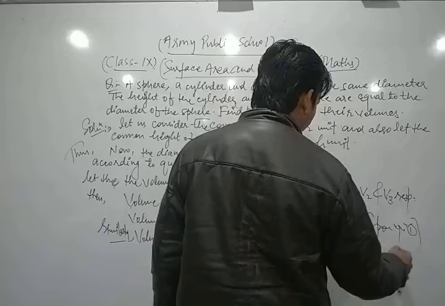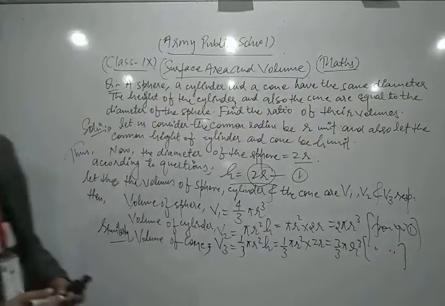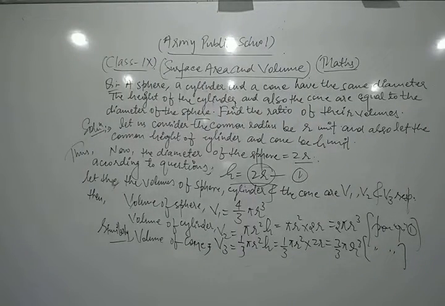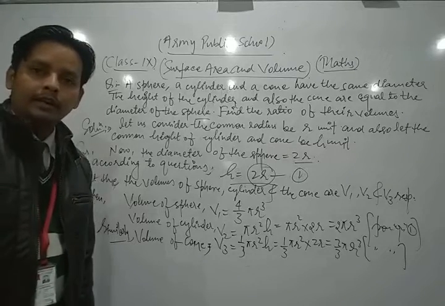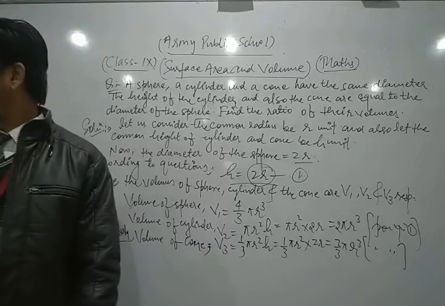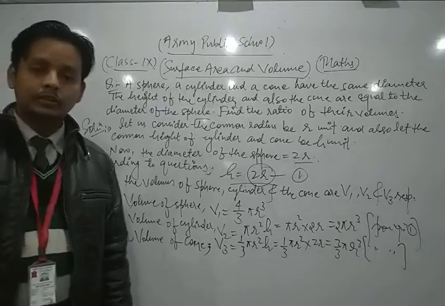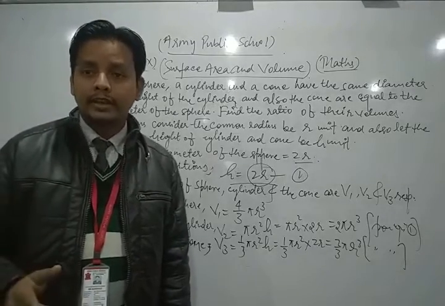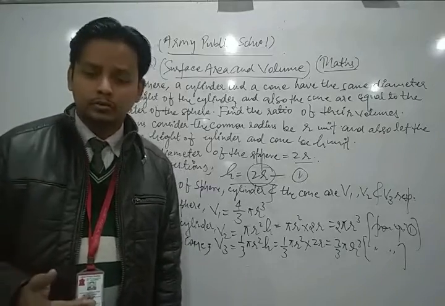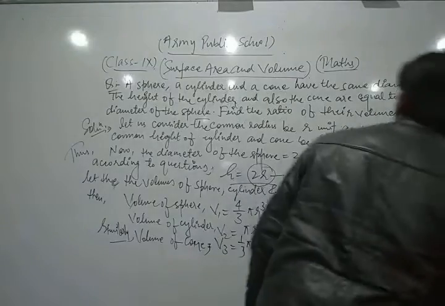This is again from equation 1. Thus in this way we find the volumes of each and every shape of solids like sphere, cylinder and cone. Now what do I do? Now we find the ratio of their volumes. Thus the required ratio,